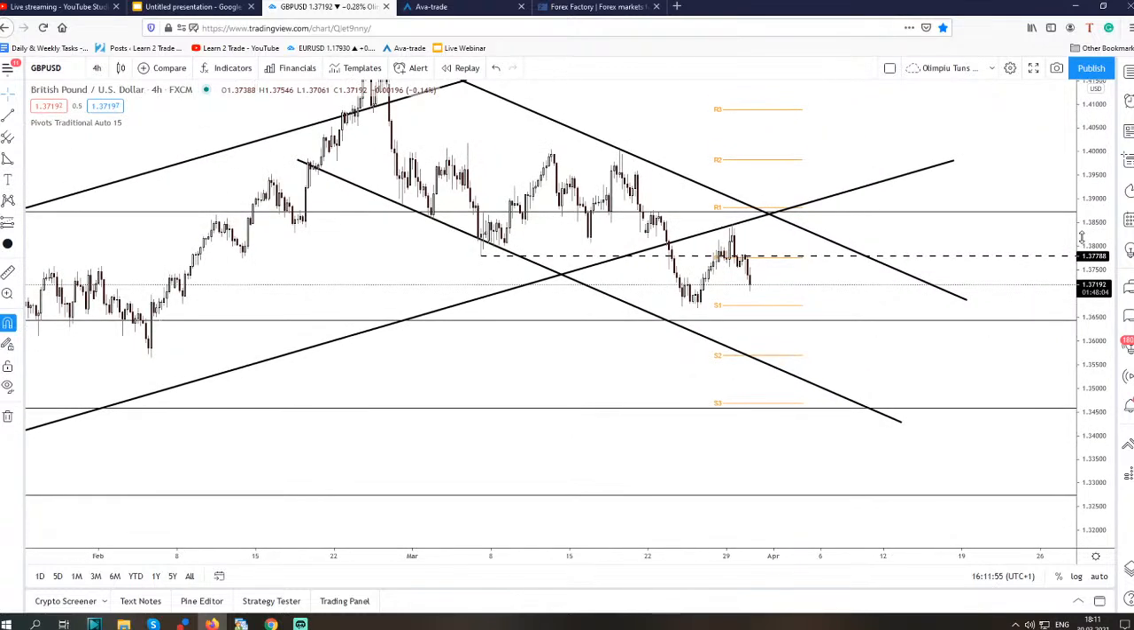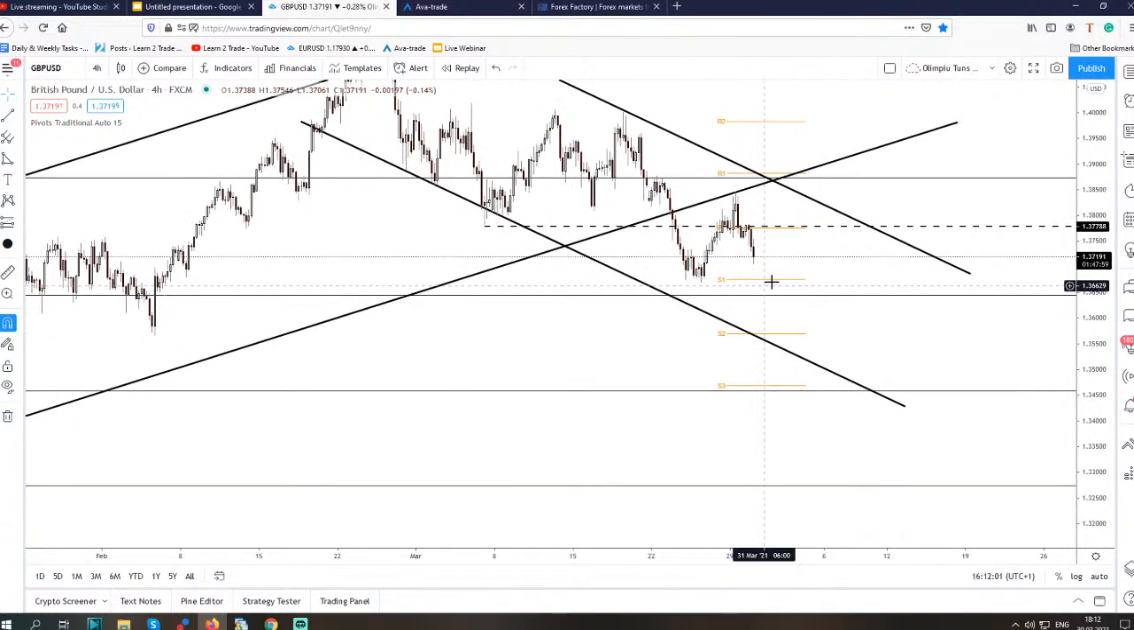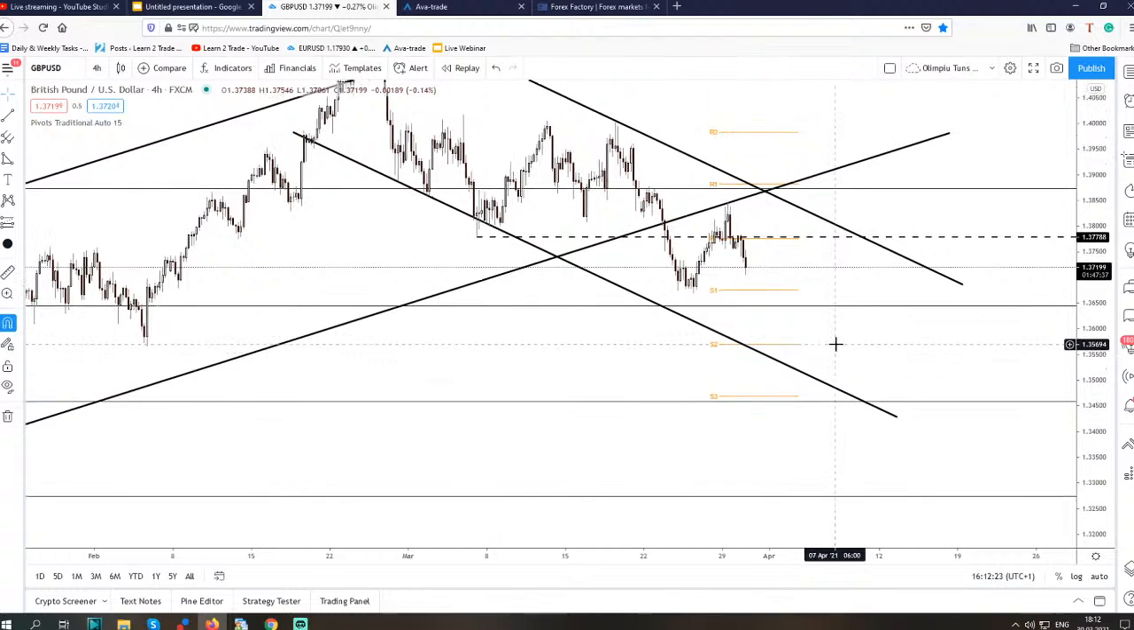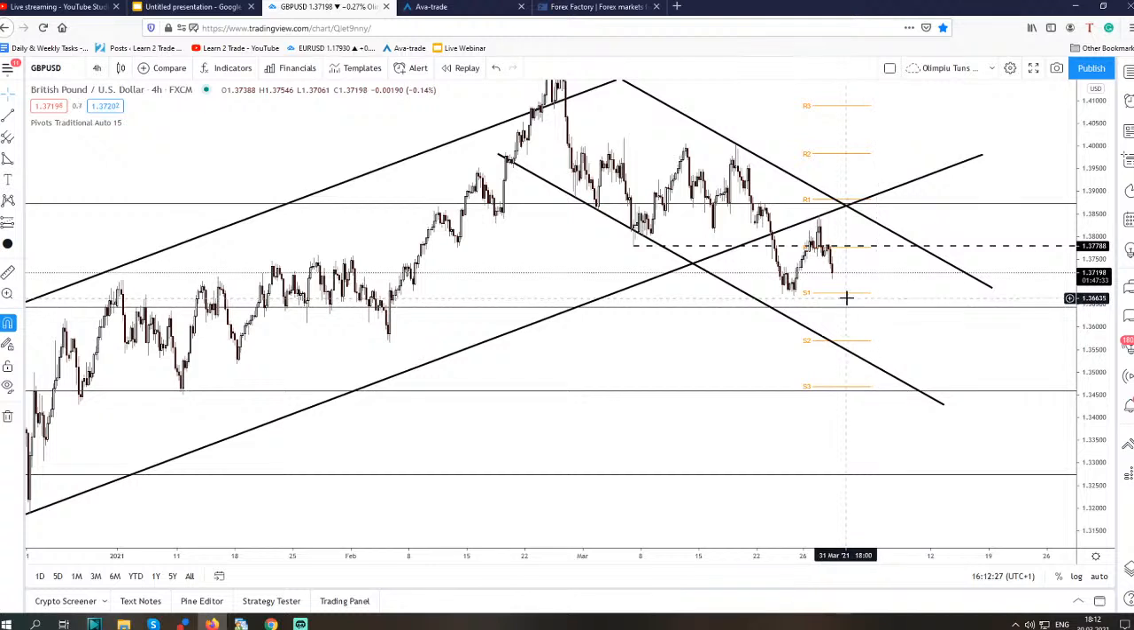So here we'll get a confirmation if the price will drop below S1. If it will close below it, retest, then it will continue to drop in the short term towards S2, 1.3569, towards the downside line, sorry. Okay, so a new lower low here, if the price will close right below this former low,